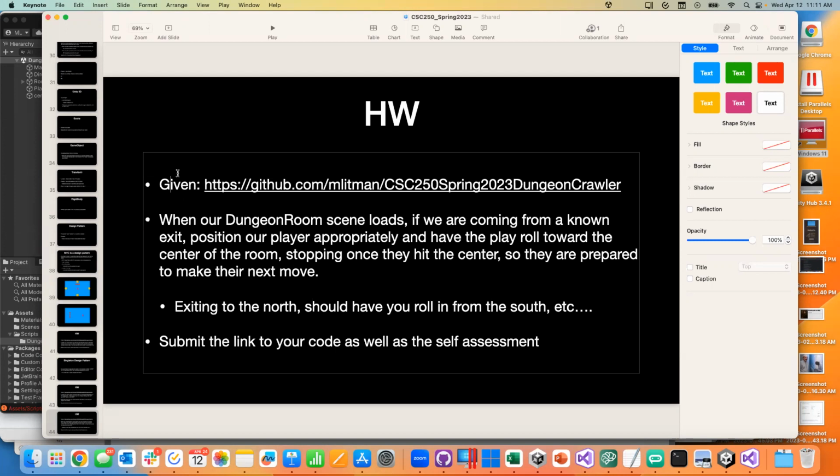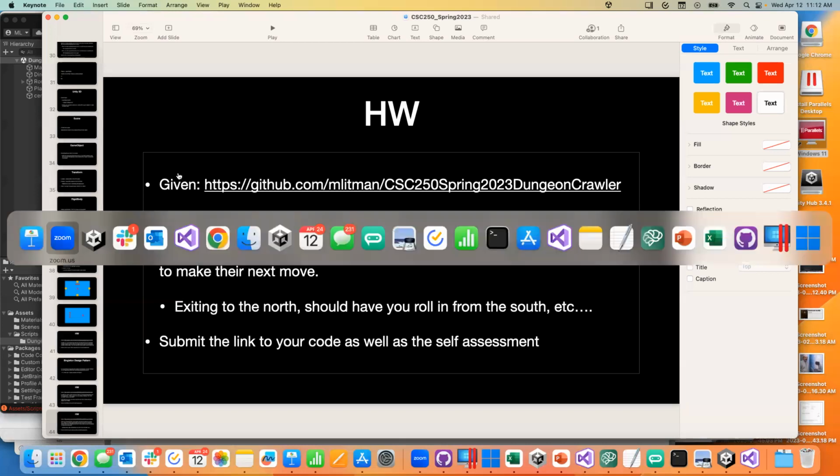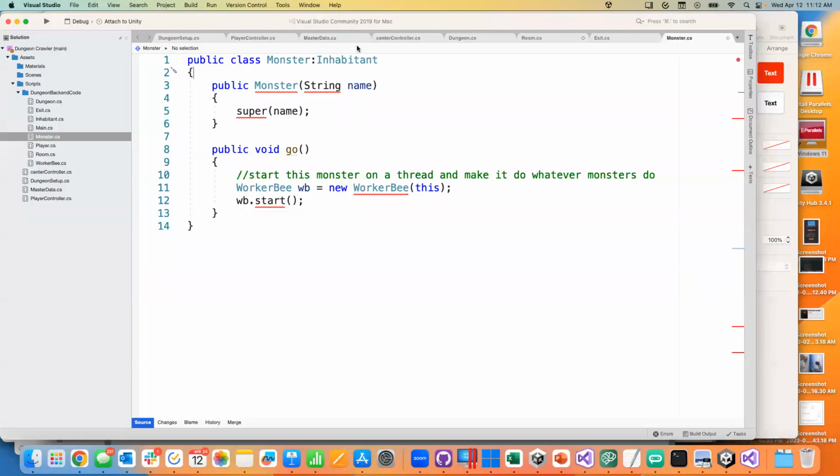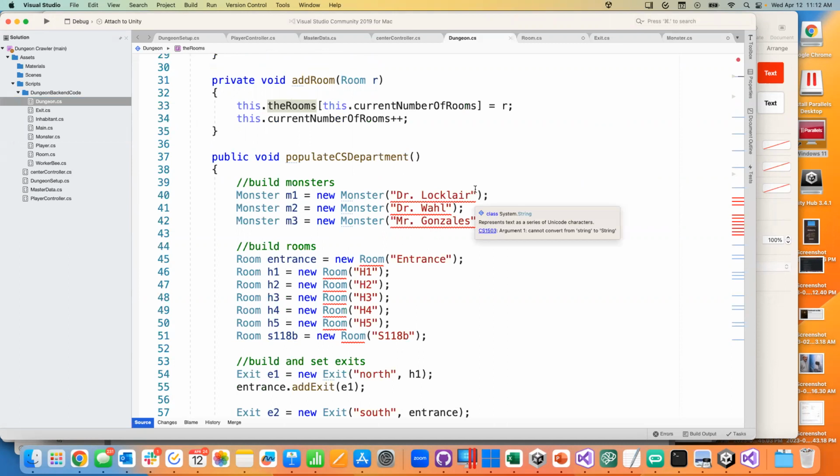Well, now we're going to bring data into this in the form of some more code. So if we roll back and we think about our final state of our Java version of our dungeon, let's throw monsters out of the equation for the moment. We just think about the player traversing the dungeon. We had some code. I'll just go ahead and ignore the errors and stuff like that for right now. We'll talk about all that. Let's see. Yeah, and then we'll fix it. All right. So we had our